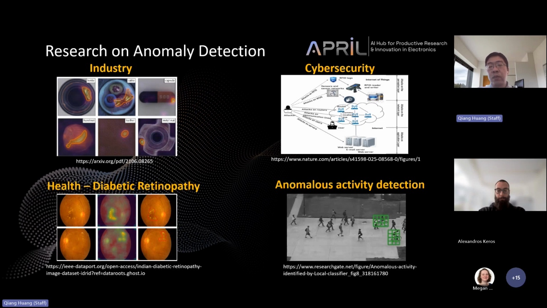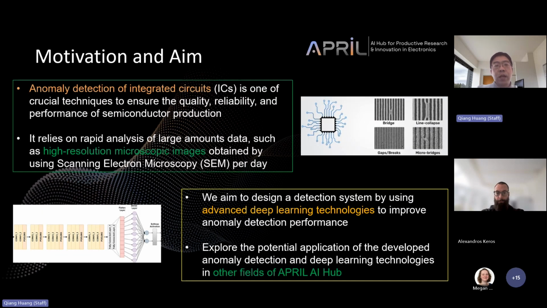Other examples include anomalous activity detection, and even anomalous behaviors on the internet can use anomaly detection technologies to prevent some of the potential risks. Due to the research AI hub, our aim in this project is to develop anomaly detection technologies to detect anomalies